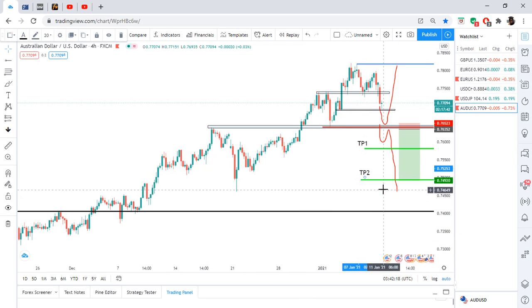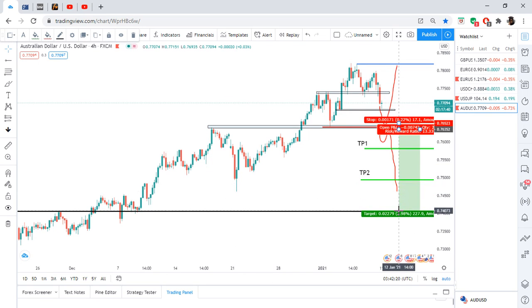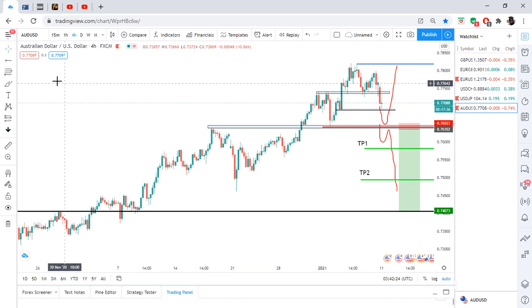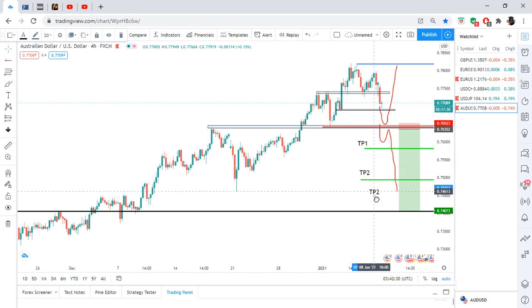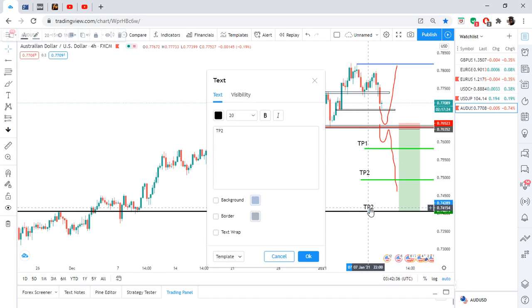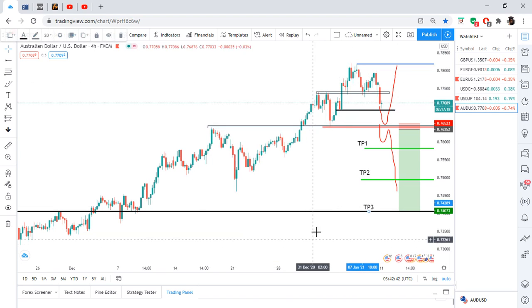Take over 2. Then here would be take profit 3. And when it gets here, guys, we would have milked it. You would have been in profits. We've been happy lads, ladies and gentlemen. So